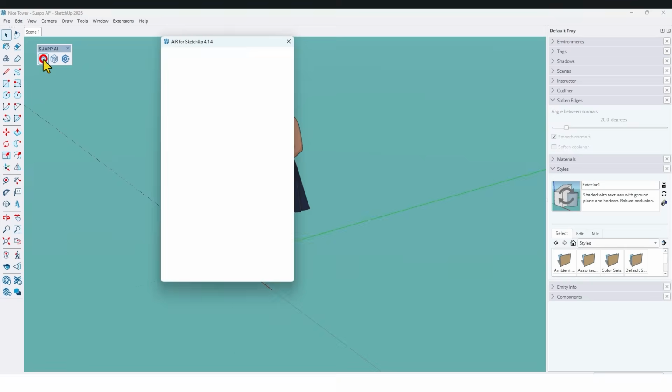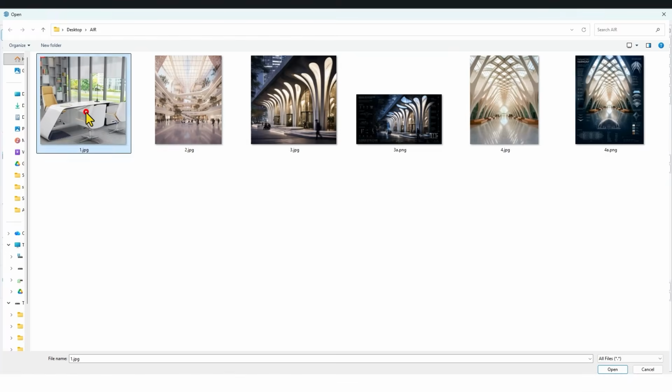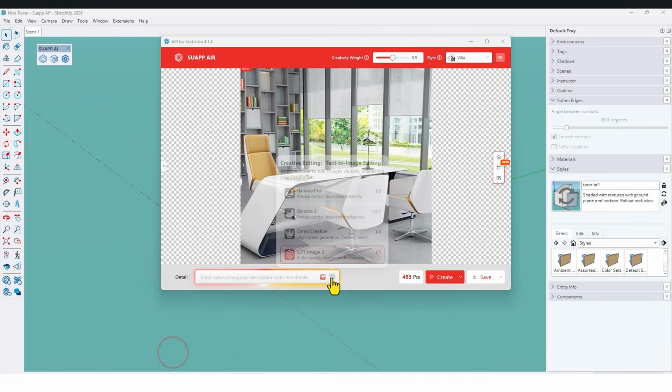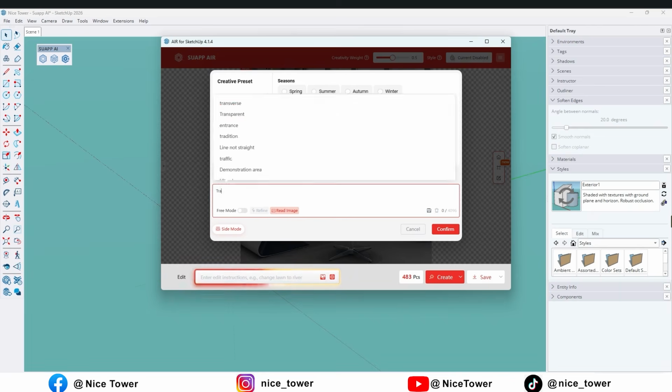First, we click on the SUAPP AIR plugin. Then from here, we select the Upload button and choose the image we want to transform. After importing the image, we select the GPT Image 2 option, and in this section, we enter our custom prompt